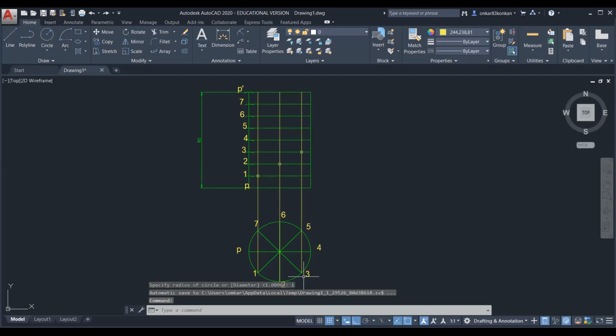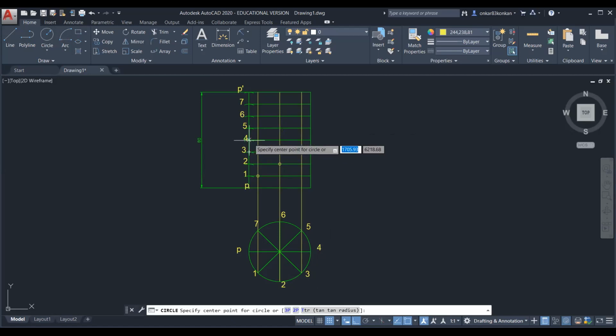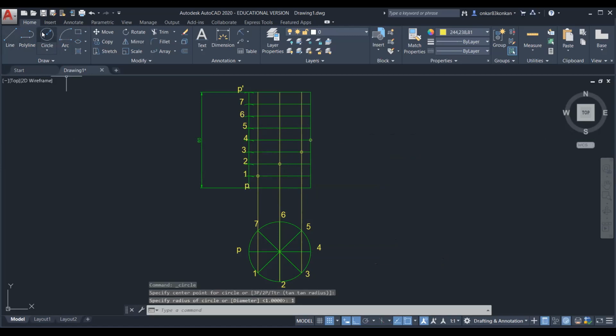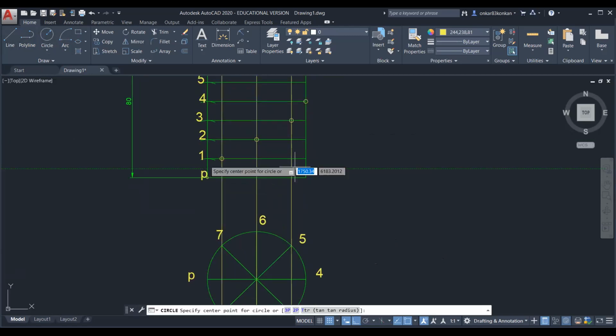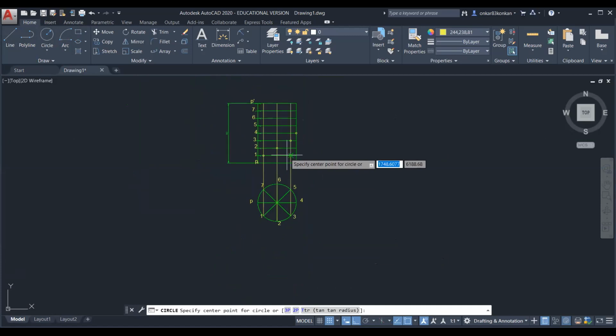After 3, it will move to point 4 in the top view. This is the horizontal line from 4, and this is the vertical line. This is the intersection. This curve is visible from the front view.